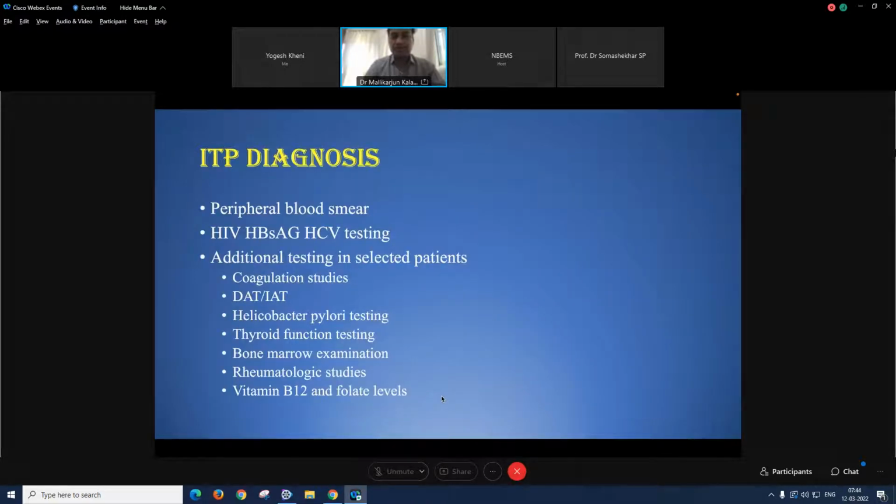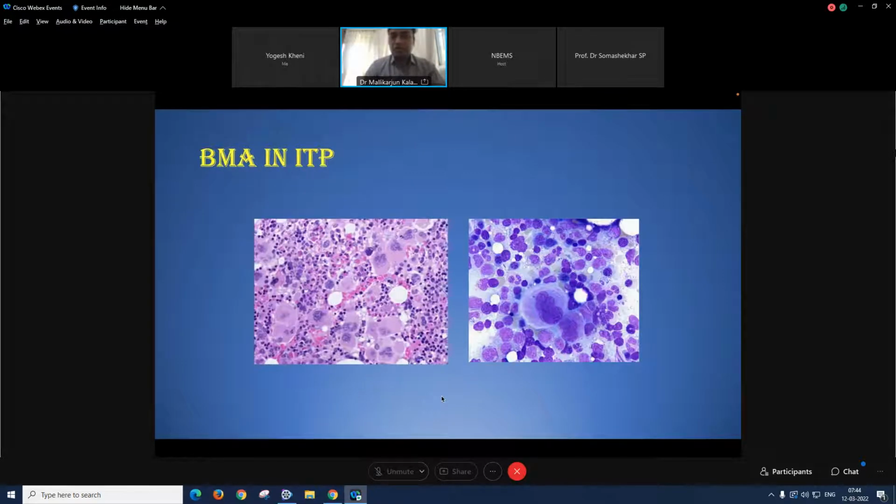Diagnosis is fairly simple, but one must remember it's a diagnosis of exclusion. There is no signature abnormality either in the marrow or laboratory anomalies which tells you this is ITP. One must make sure that we rule out other causes for thrombocytopenia. So simple peripheral smear, infection screening, and based on the patient's clinical history, one may order other tests like an ANA or an RF factor or a C3 C4 level or a thyroid function test or an H. pylori testing for a refractory thrombocytopenia based on the history. And if one were to do a bone marrow, it actually shows hypercellular marrow with adequate or increased megakaryocytosis,